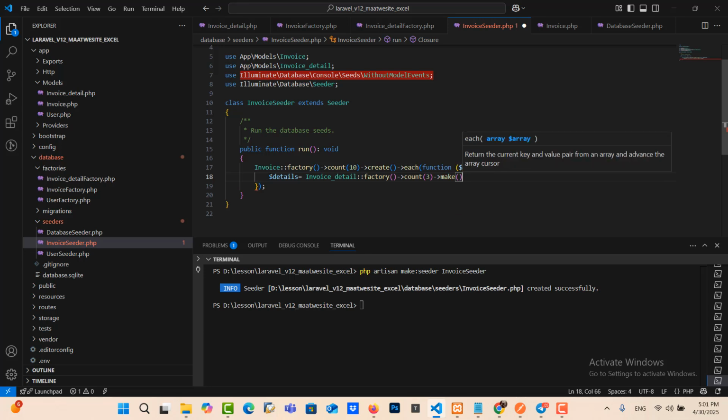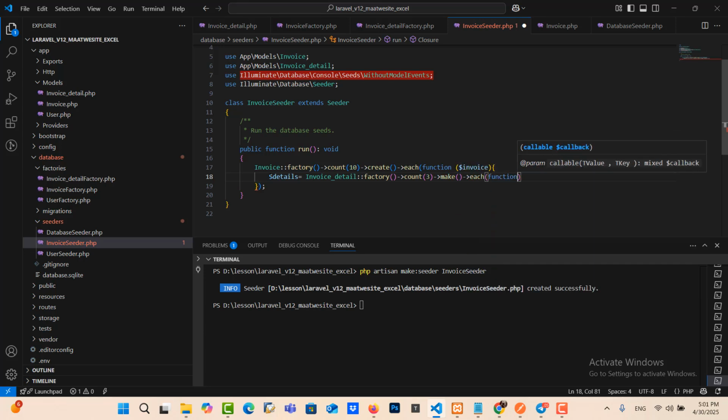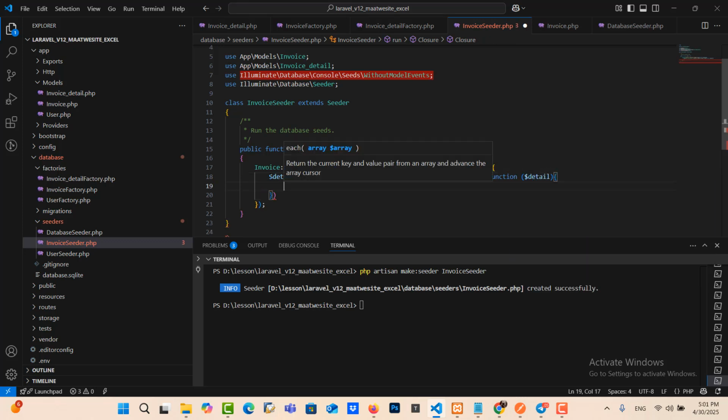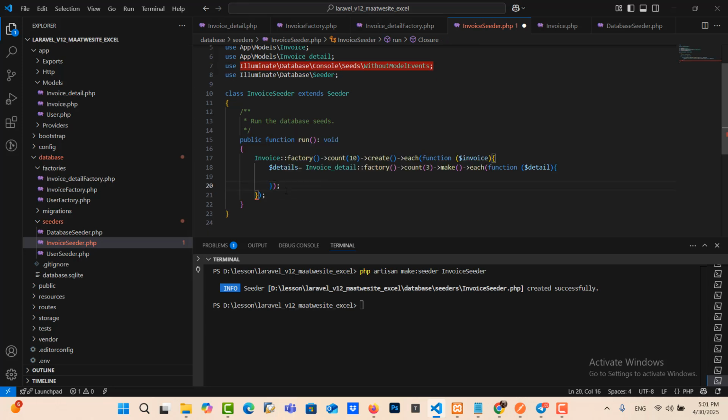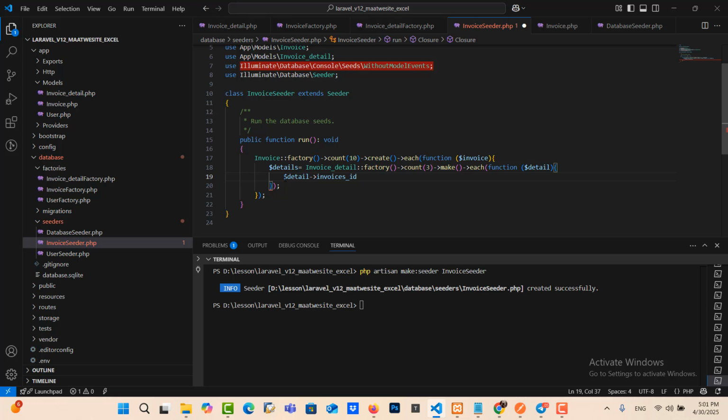It means that for each record in 10 records, it will create 3 records for table invoice details.